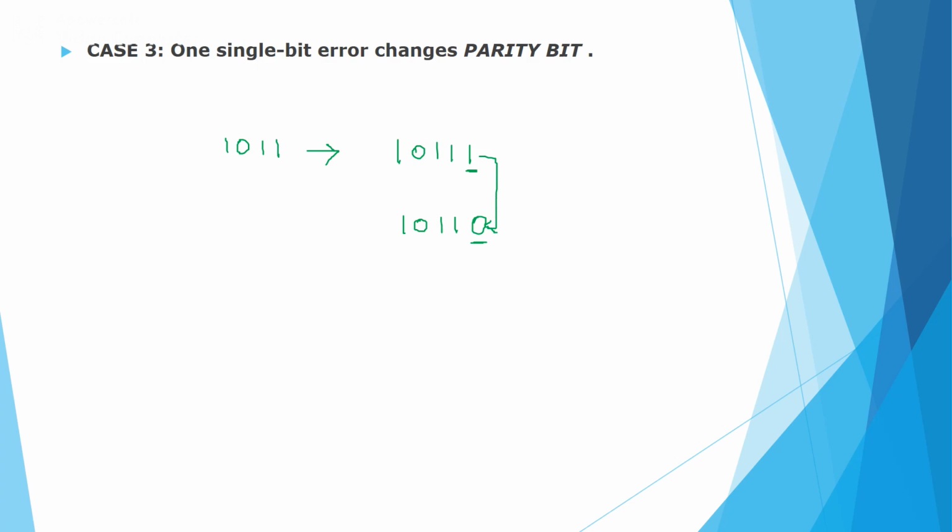Now we have to compute the syndrome S0. Syndrome S0 is equal to 1 we will get. Therefore no data word will be created. That means the decision logic will discard the received data word. But in this case, even though the received data is correct, since the value of R0 is modified, the decision logic will discard the data.